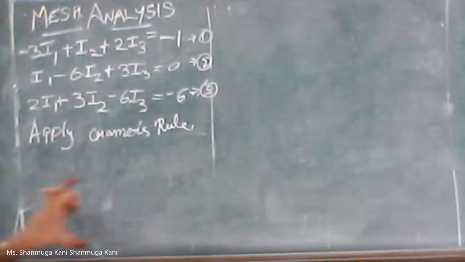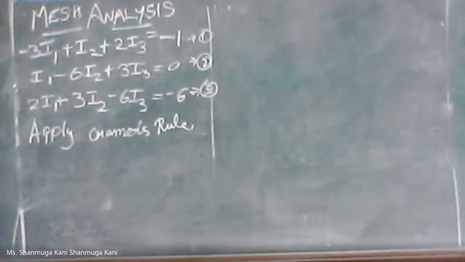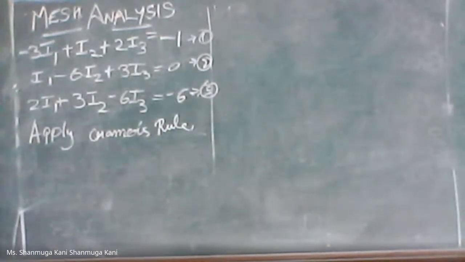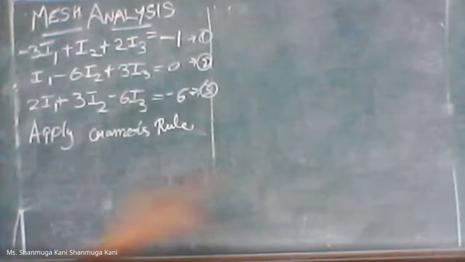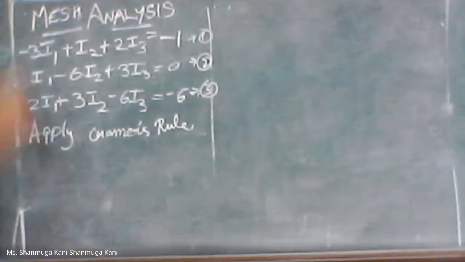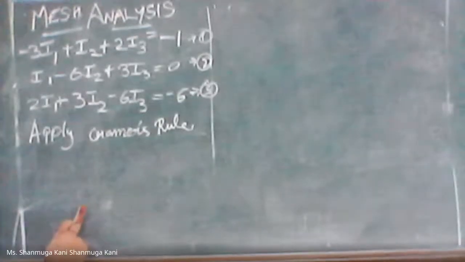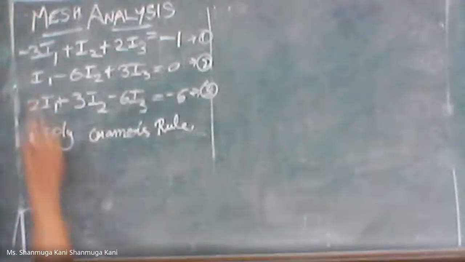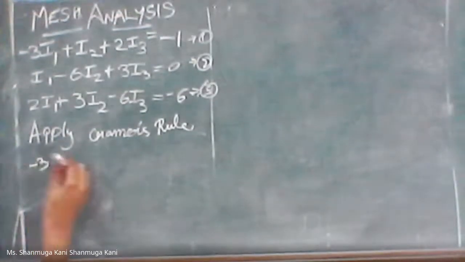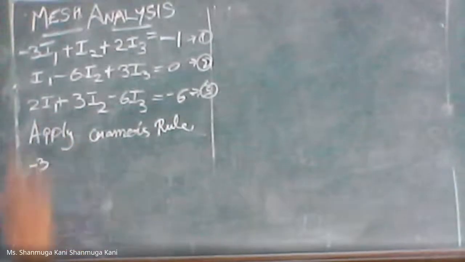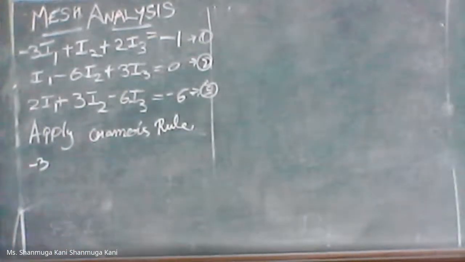These 3 sets of equations we are going to write in terms of a matrix form. We are going to write all these 3 equations. These 3 are the same equations. We did not solve the previous 3 equations, and the 3 equations are written here. Okay? These 3 equations. Now we are going to write this in the matrix form. So I1 is the first term, minus 3. Take only the coefficients and write them. Equations we are going to write in matrix form.